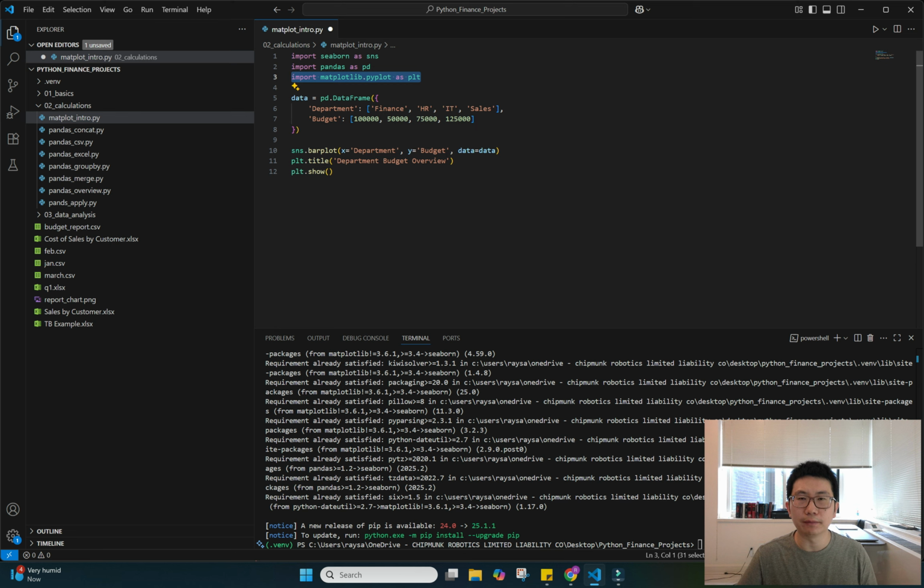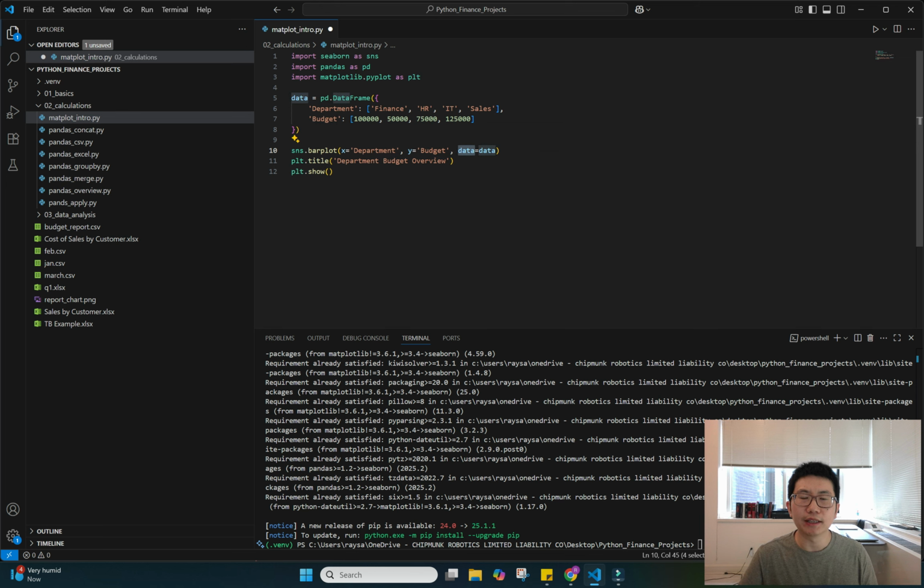top of Matplotlib. To use Seaborn, normally Seaborn's short name, the alias, is sns. This is what the founders initially called Seaborn. So by convention, we just call it sns. And to basically draw a bar plot, I just need to use the barplot method. And then I can basically tell Seaborn the x-axis is department, y-axis is budget, and then I can